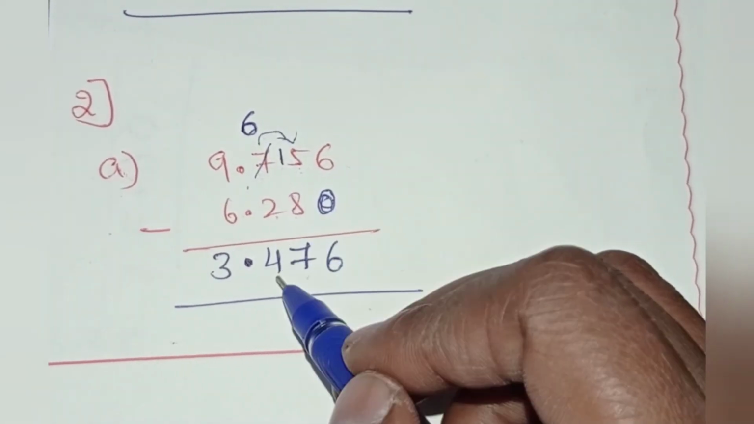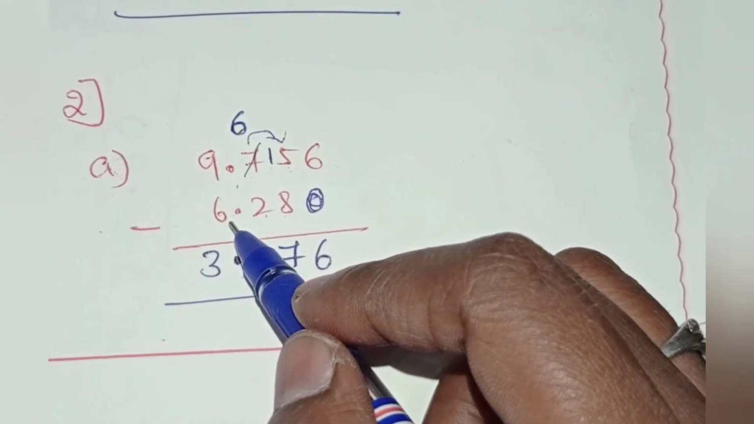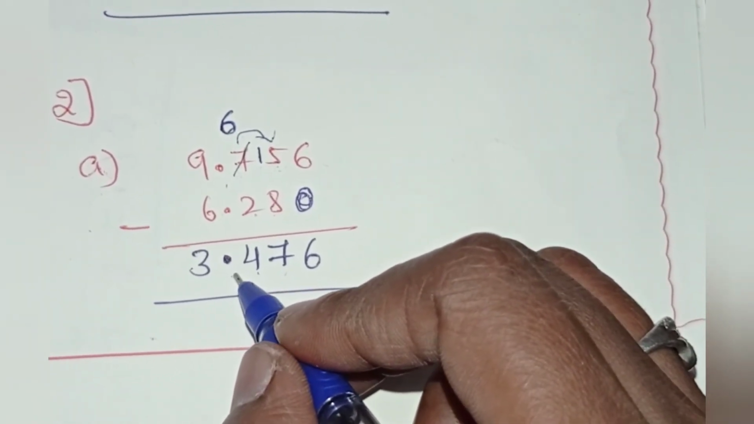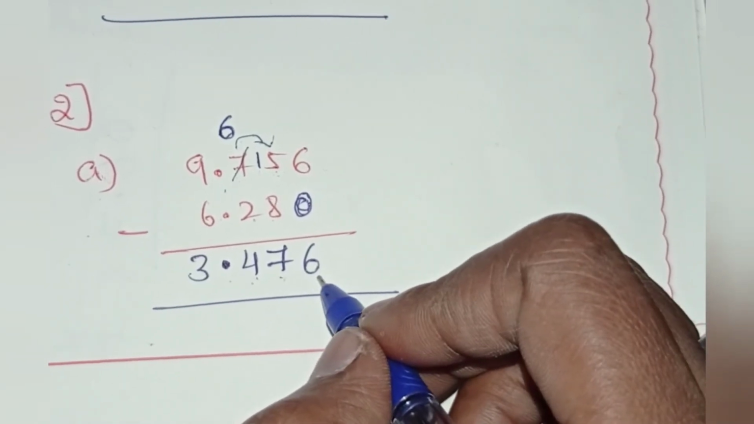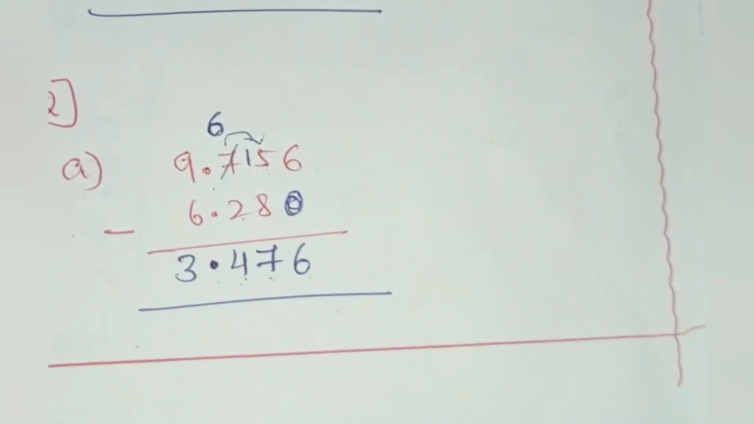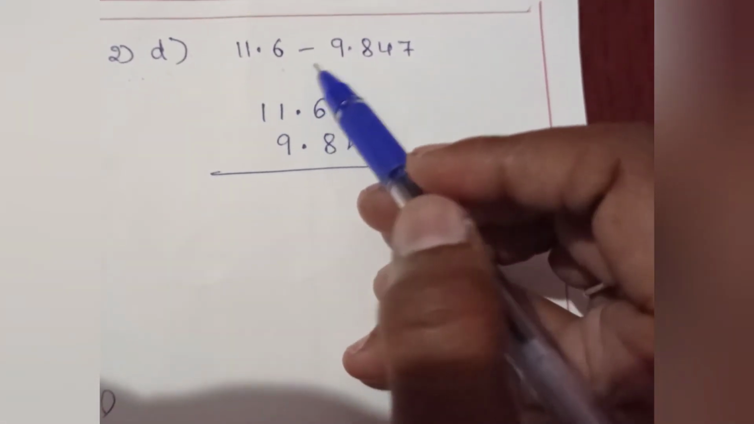6 minus 2 equals 4. Decimal point as it is. 9 minus 6 equals 3. Okay, what is the total answer? 3.476. Okay, now let's move to the second question. In second main D. Okay, 11.6 minus